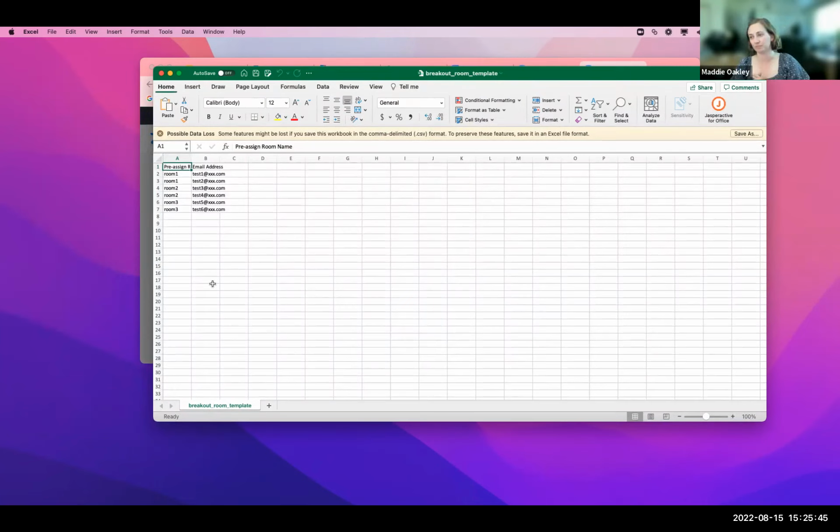I know that I worked with some first grade teachers during remote learning who started their morning together, the entire first grade, and then they would go into their classes in breakout rooms. And so they would pre-assign using student email addresses to just have it set every day of this is where kids are going to go for their pre-assigned breakout room. So that's an option as well.